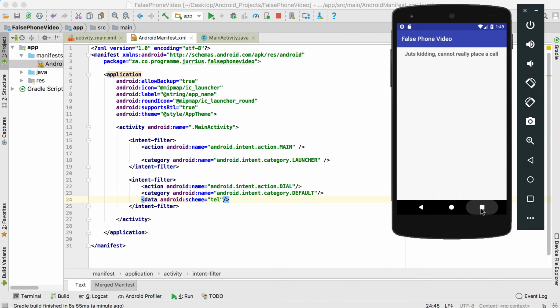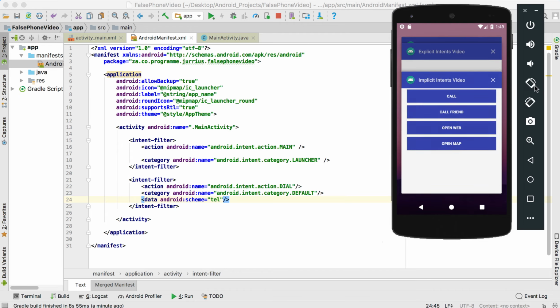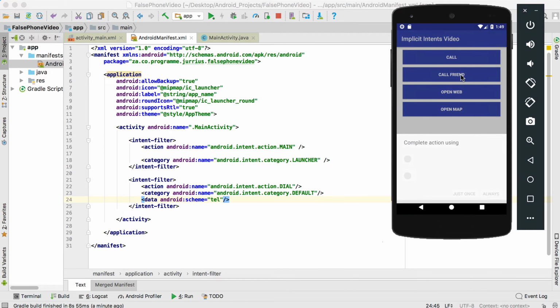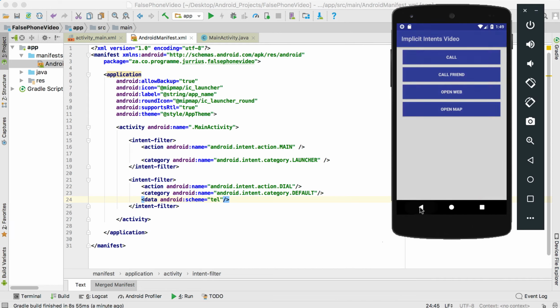So now the app was running again. Now let's just remove it from memory as well as the dialer. Let's go back. So now if I click on call friend, you can see we've got the choice again, either phone or the false phone. Right. But now if I go back to call, I do not have that choice anymore,